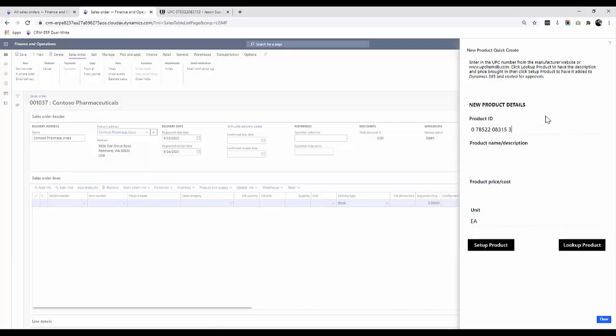I'll go ahead and type in my code here, remove some of the spaces, and then when I click Look Up Product, it's going to route a Power Automate workflow to go out, look up that item number or UPC number from the external database, and then pull the information here back into our app. Now that I have all these details, I can go ahead and set up the product within D365,